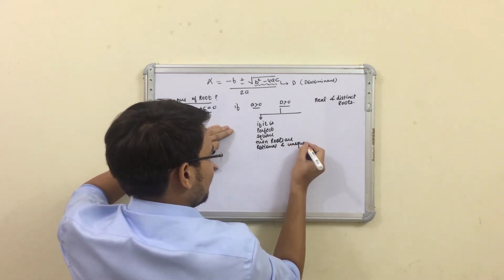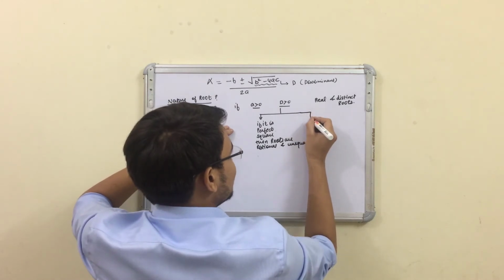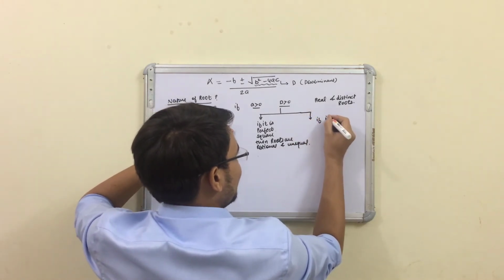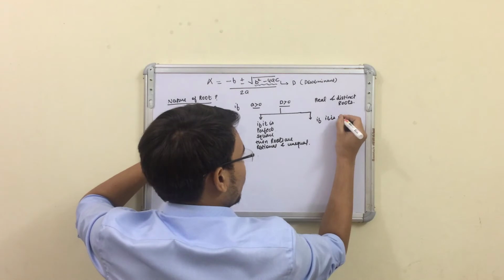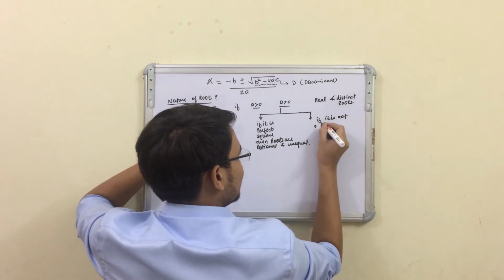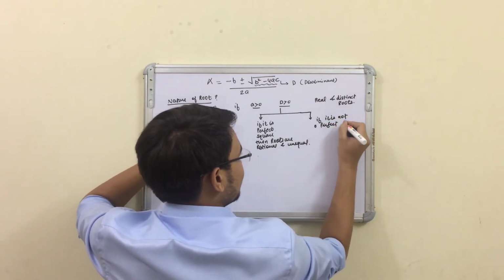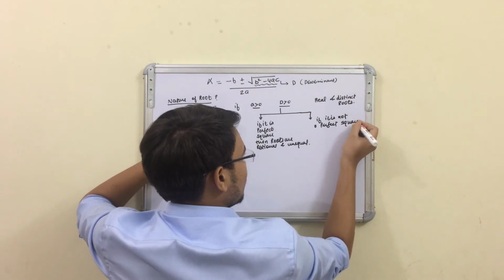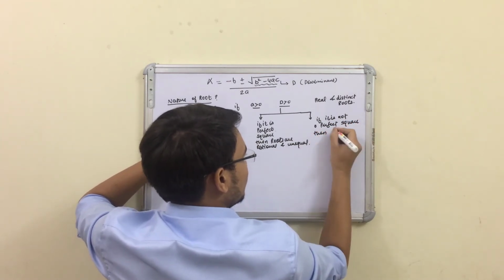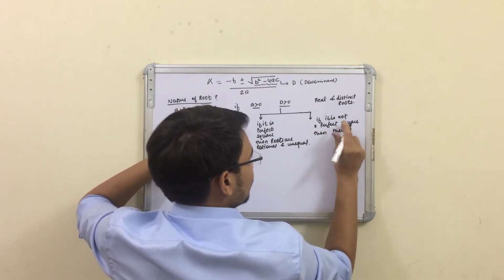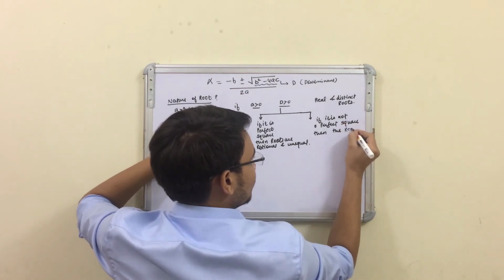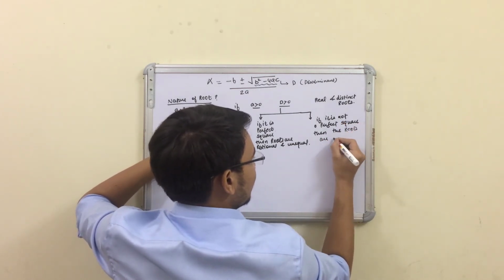Okay, and if this D is not a perfect square, then the roots are irrational